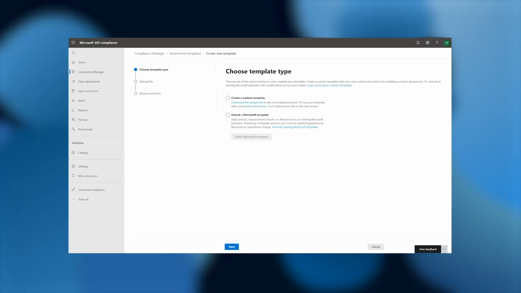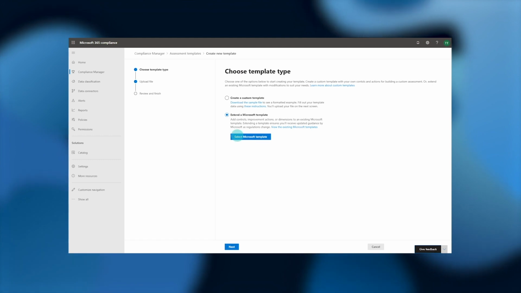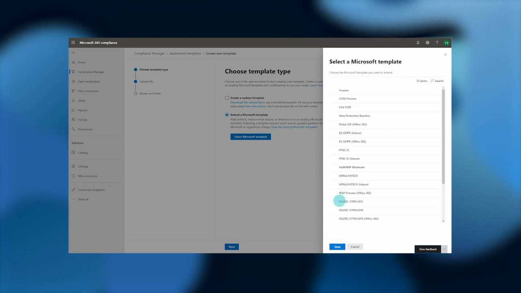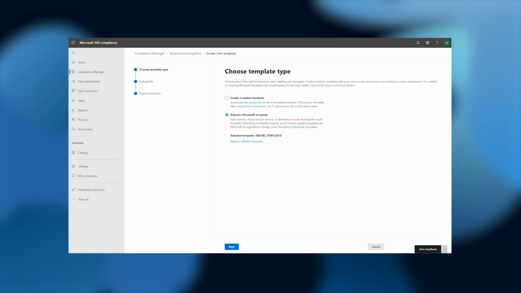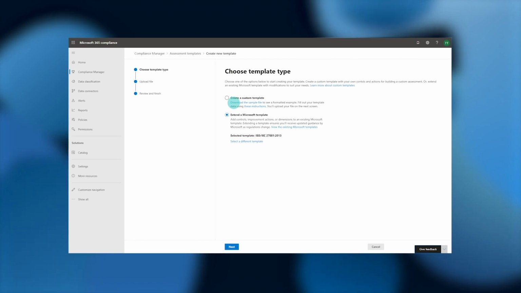Then we'll choose Extend a Microsoft Template and choose the template that we'll be using as our base. In this case, we'll choose ISO 27001. We'll also want to click on Download the Sample File to take a closer look at the format we'll be using to add new actions and controls in just a moment.